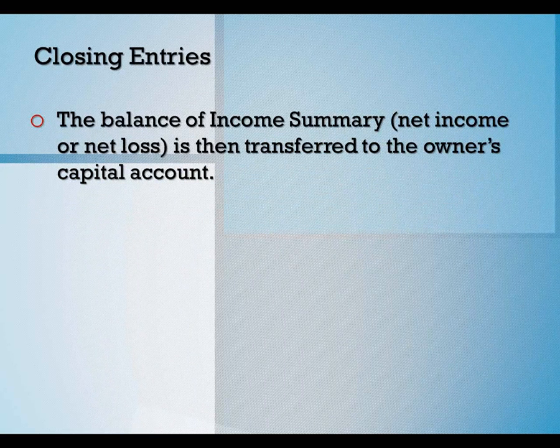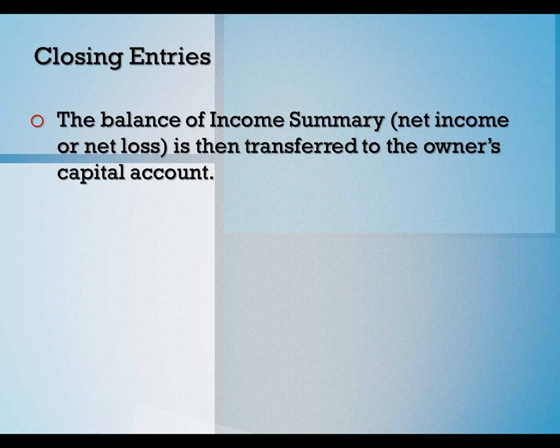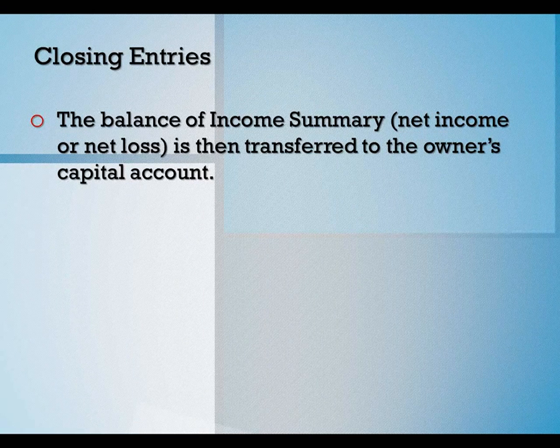Now hopefully you've learned that expenses are generally always debits. Fees earned is always a credit. Drawing is always a debit. But right now what we're doing is we're closing those out. We're trying to get those balances to zero. So if you have $1,000 as a debit, how are you going to get that to zero? Well, you're going to credit 1,000 because debits and credits subtract each other. Hopefully you've learned that opposites subtract. Debits and credits are opposites of each other, so they subtract from each other when you're trying to balance out